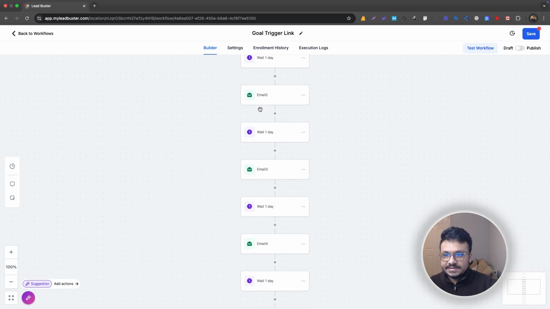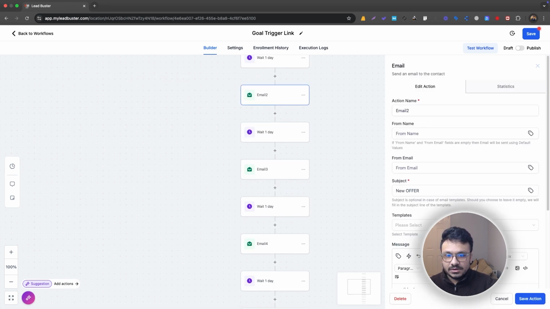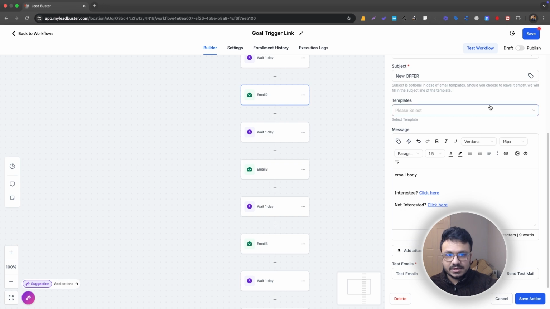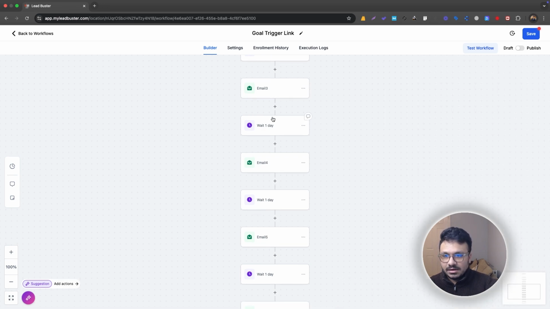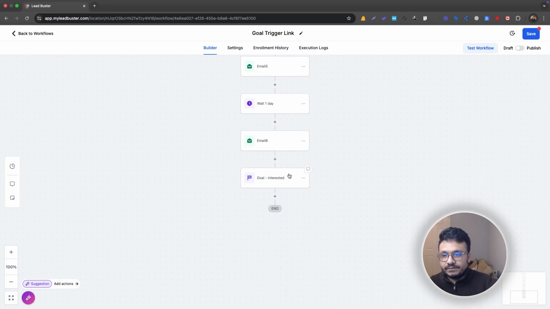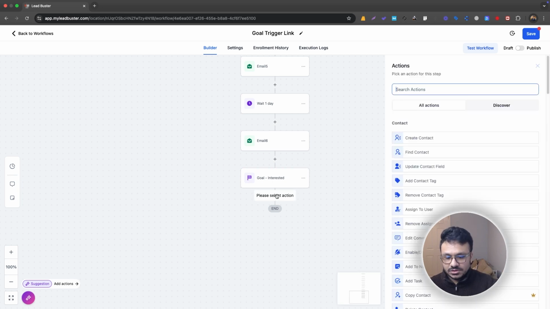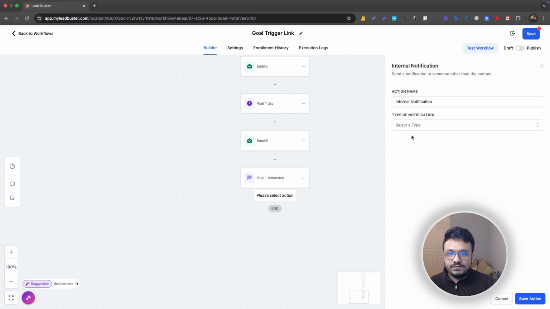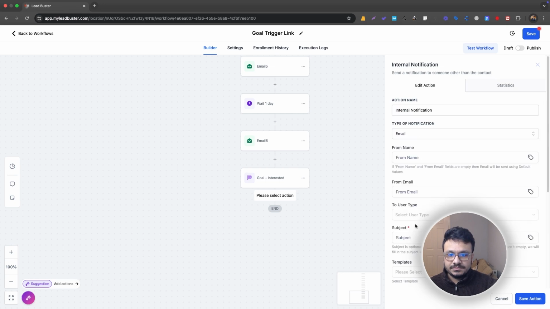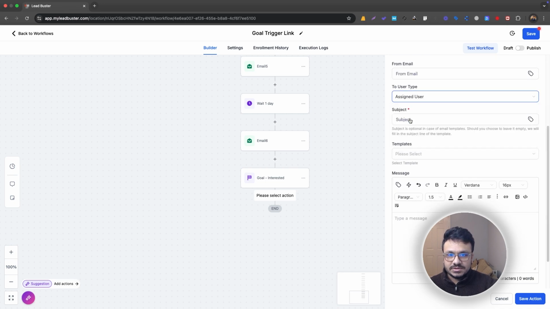let's say if they go to email 2, when they receive email 2, they click on interested, what's going to happen is they are going to skip all these emails and the workflow is going to bring them here. So skip everything and bring here, and then you can just perform notification like emails, and then you can send this to yourself saying that,